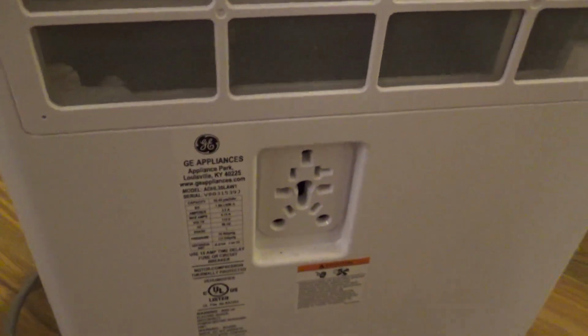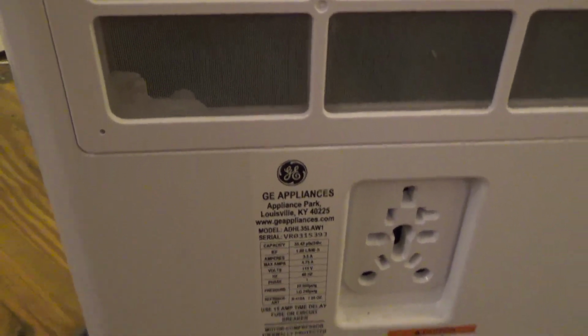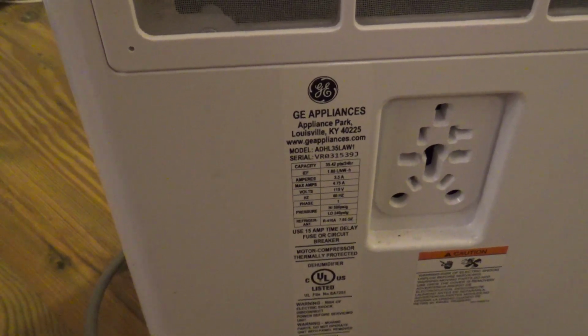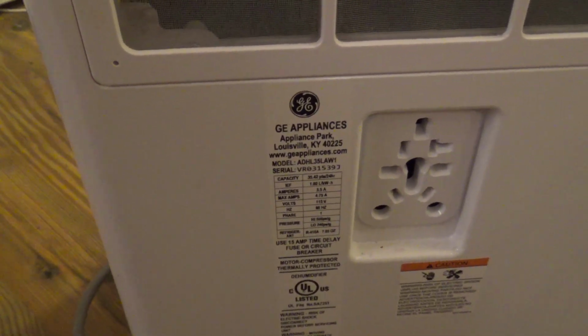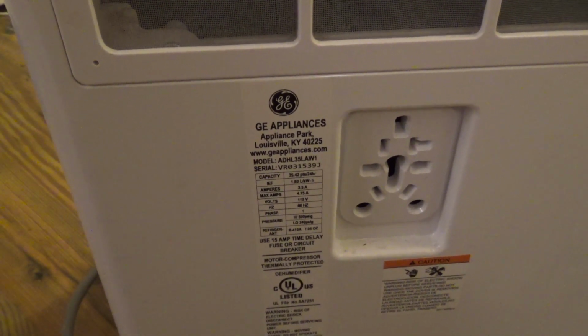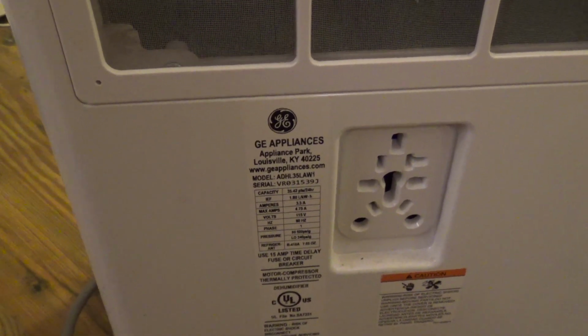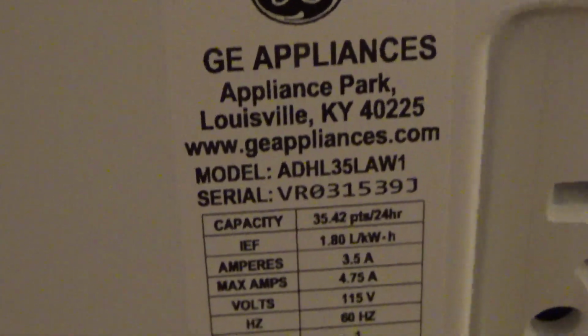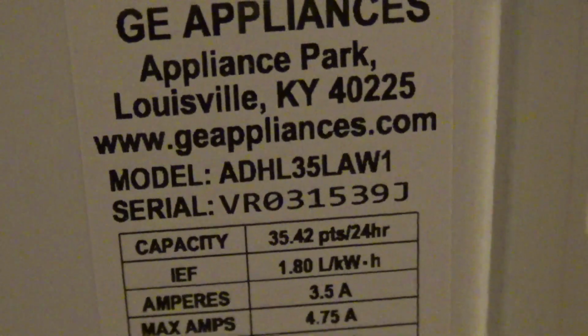I bought this about 2 years ago to use at work because the air conditioner at work was not right, and it was so damp in the room that you could put a document down on a table, and before you finish reading it, it would be curled up from the moisture. It was really bad. So this is the General Electric